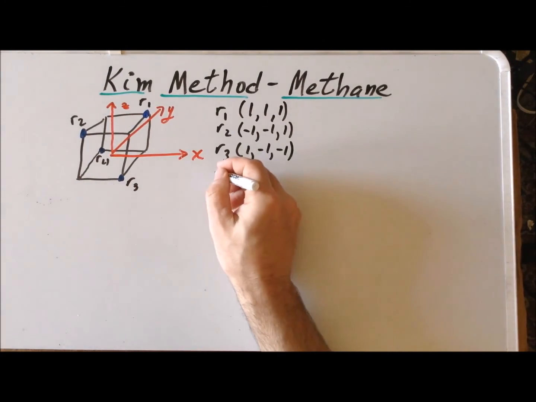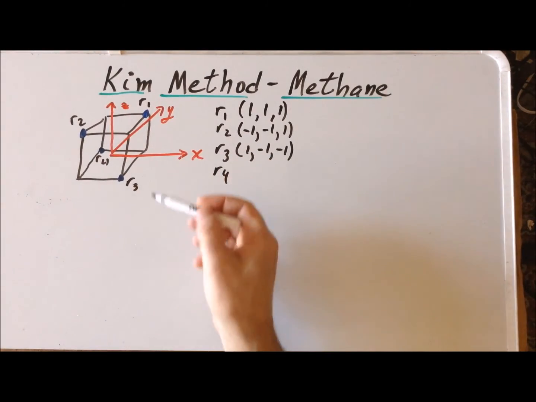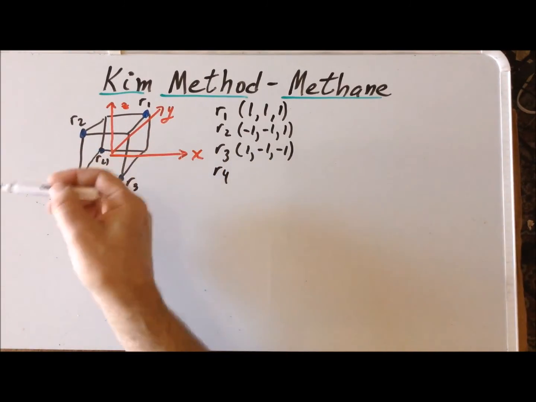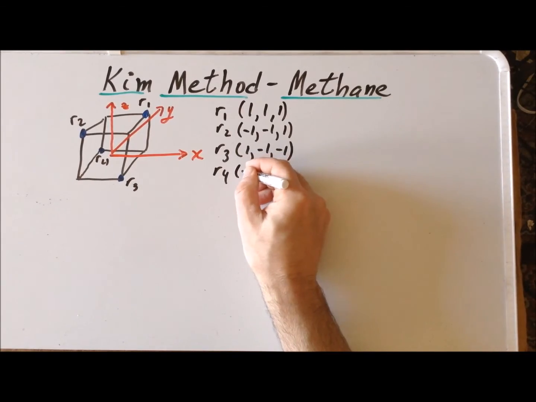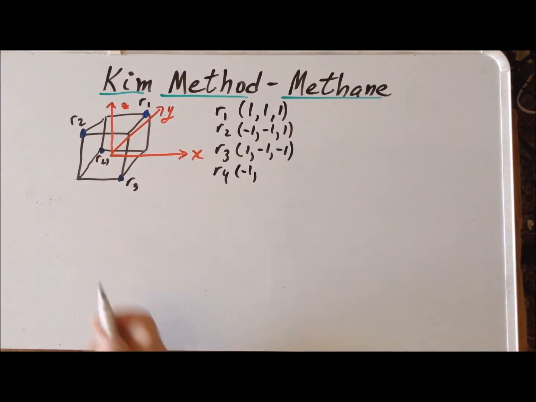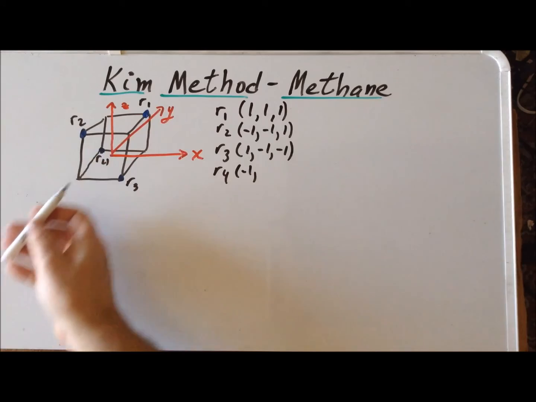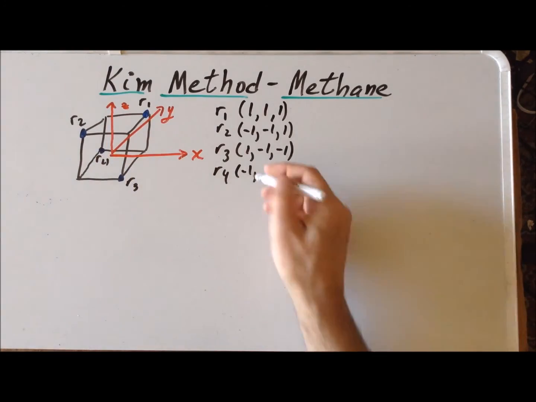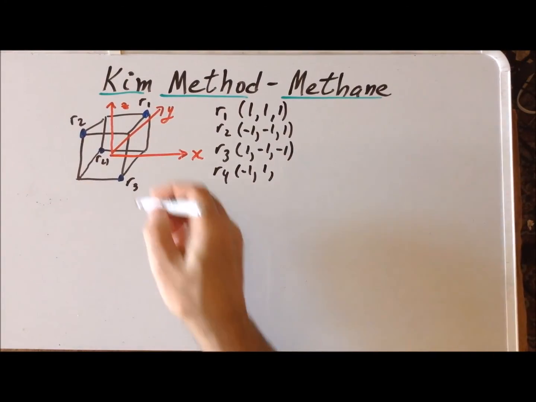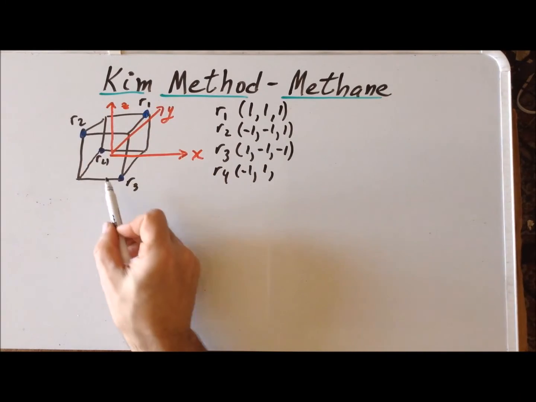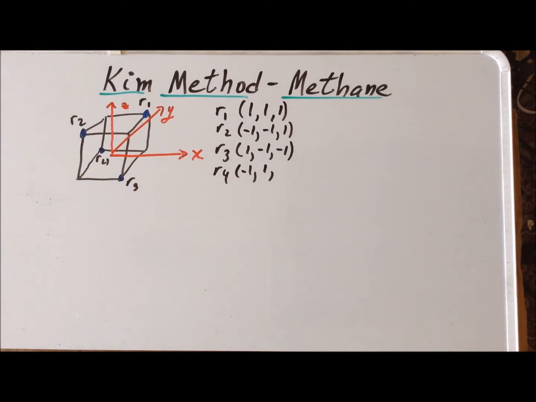Last but not least, for R4, we have to go 1 unit left, so that's the negative x direction. So our coordinate is -1. We go positive 1 unit in the y direction because we're going to the back, so that's +1. And again, since it's on the bottom face, the z coordinate